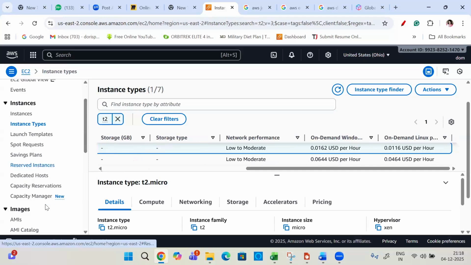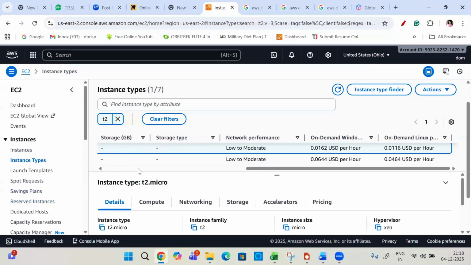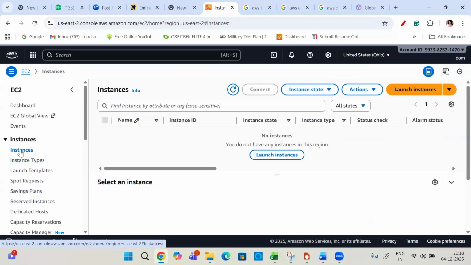Okay, so like that, you'll be seeing different servers, and in the free tier, you'll be learning different services and how to work on them. Instead of labs, we're directly working on your free tier account, because it gives you more hands-on practice.